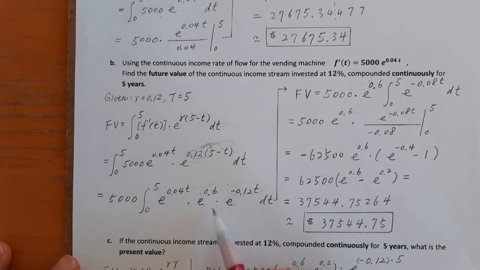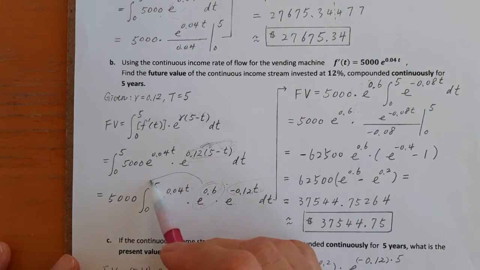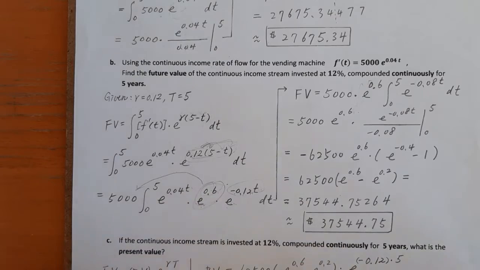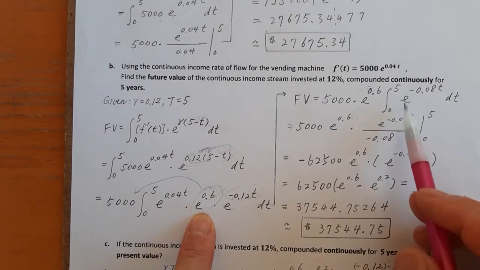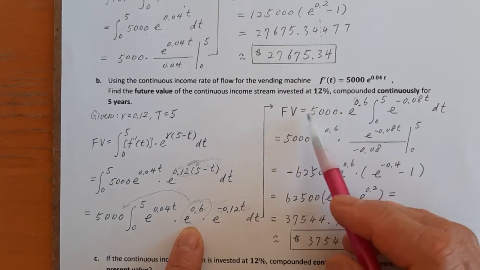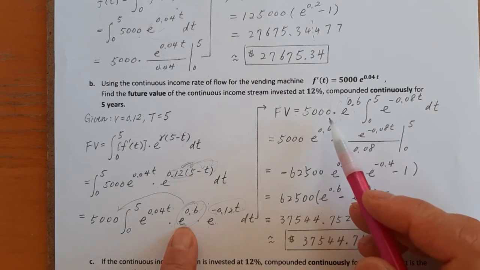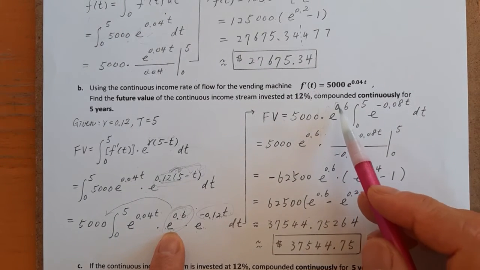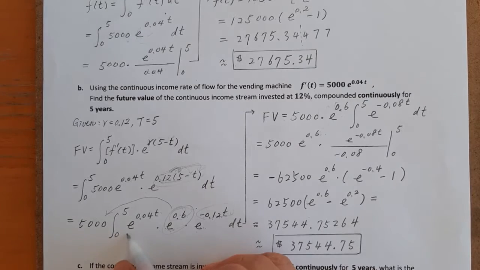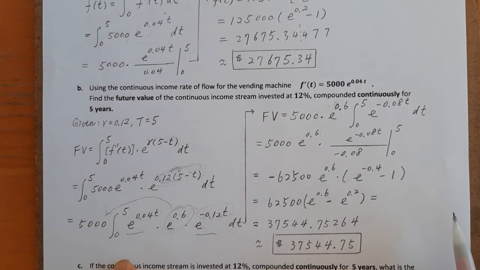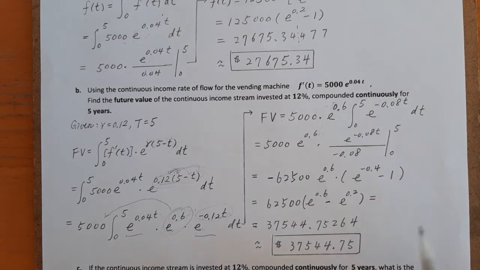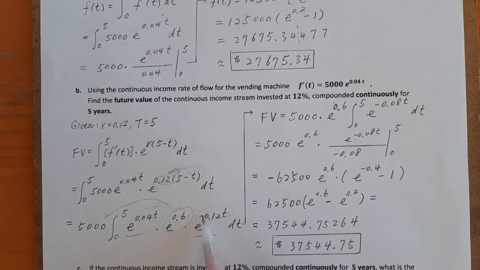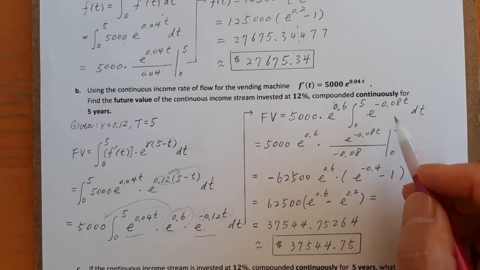Then this is a constant, factor it out. This is not affected by t, so factor out the constant. So we get future value equal to 5,000 times e to the power 0.6 factored out, and then the integral of this. The two add together, the same base is e: 0.04t and negative 0.12t, which is 0.04 minus 0.12, is negative